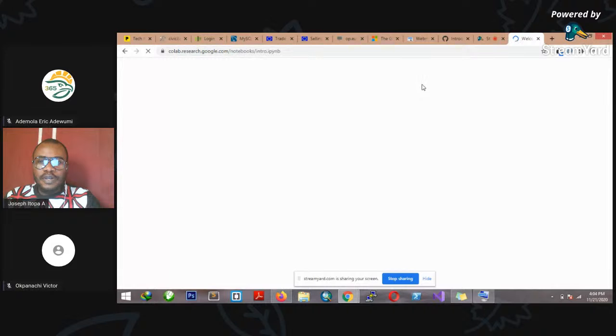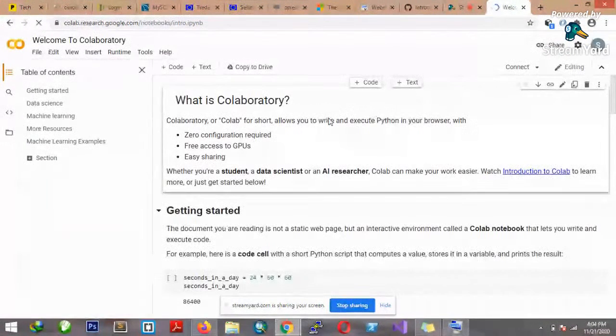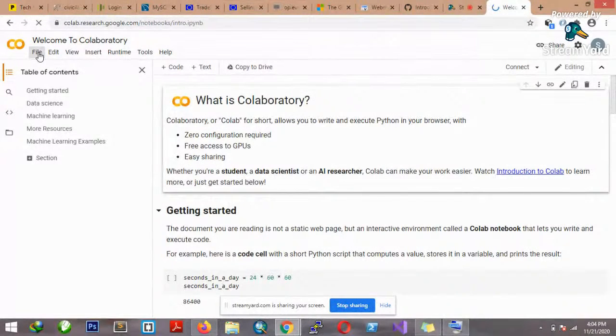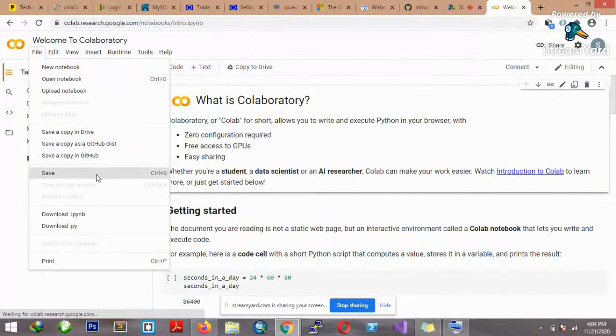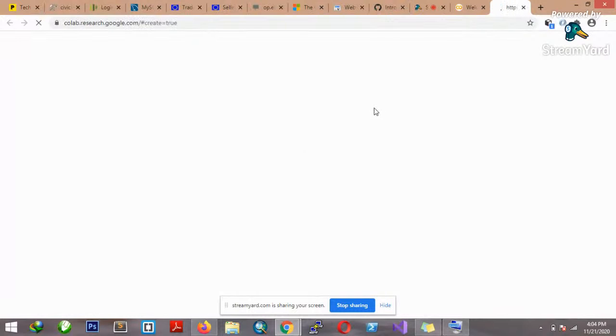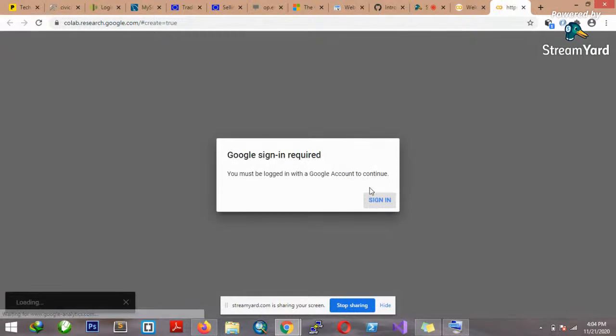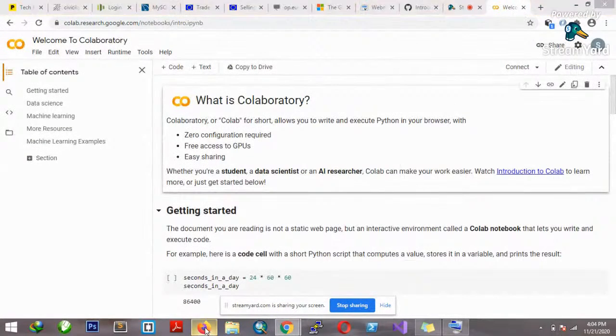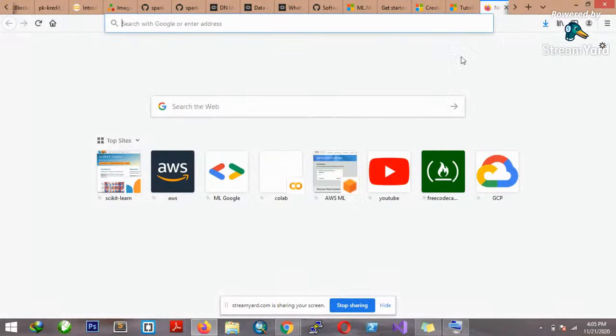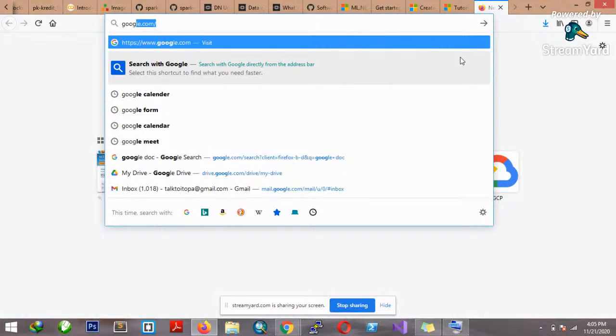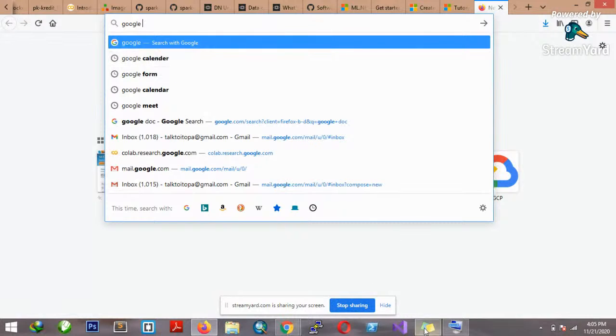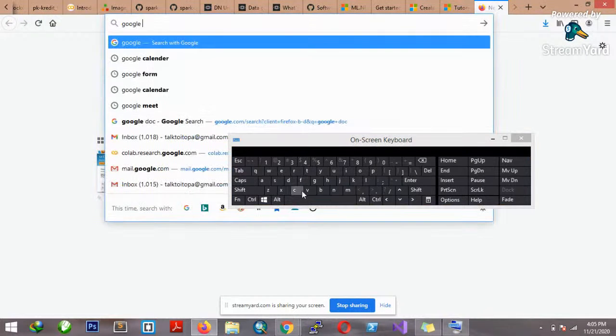Once we get there, okay, this is the environment. So we are going to go to new notebook. Okay. Sorry about that. Let me use my I think I have it here already. So you just type Google Colab, and